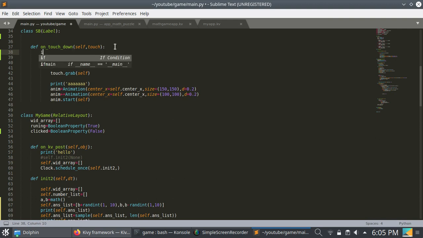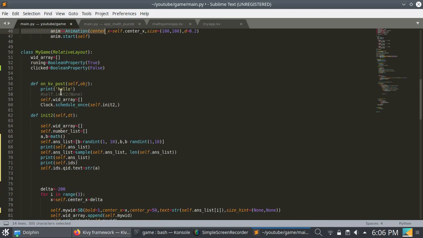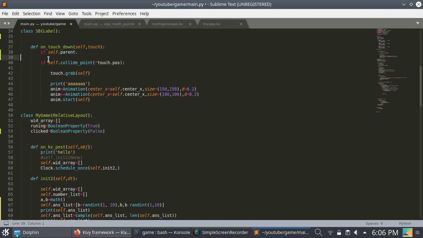So for this we check, if self.parent, parent means its parent widget or parent class. As we are using SB objects in this MyGame class, the MyGame class is the parent class of the SB class. Now if not clicked,